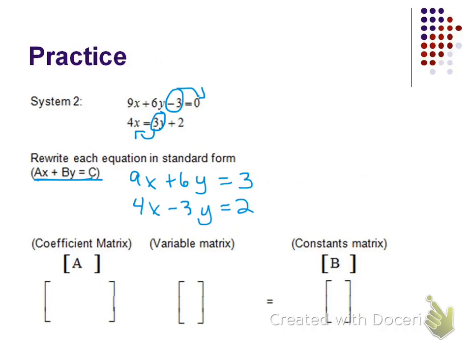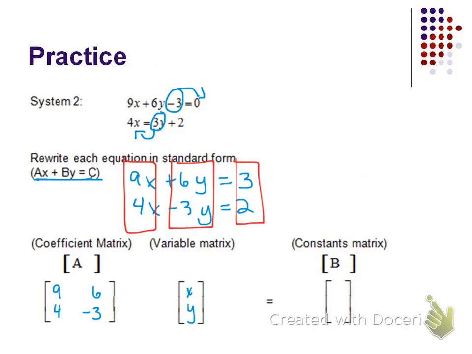It has to be the x's in a row, the y's in a row, and the constants in a row. They have to be in that order or it doesn't work. Okay, so the matrix equation for this would be 9, 6, 4, and -3, x and y, and 3 and 2. Okay, and then the last one we did